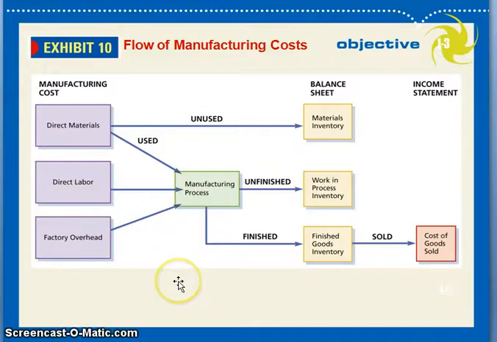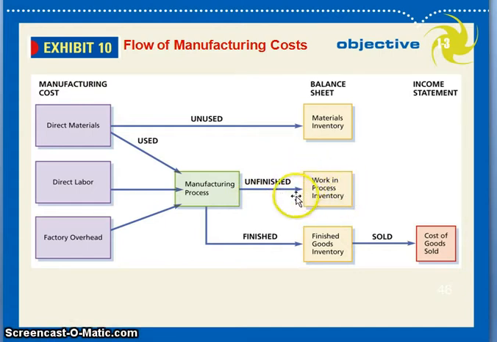I like this slide because it's a little bit of a visual of exactly what I just talked about. Here you've got your classes of inventory: your raw materials, work in process, and finished goods. So you've got your direct materials, and this is the stuff that comes in off the shelves, brand new stuff. You've got materials inventory that maybe hasn't even been touched yet. But once you use it, it goes in the manufacturing process. You're working on it, it's out there on the floor, hammers and nails are going, and if those materials are still unfinished at the end of the month, that goes into our work in